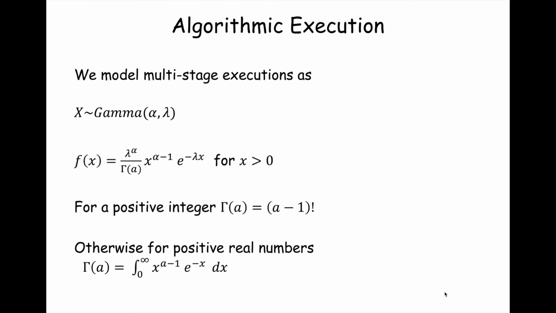Now, in this particular example, the assumption here is that x is going to be greater than 0, because you're not going to talk about 0 time. You're going to have actual non-zero values of time. And what it's measuring is the probability of x, the time, is what the time is going to take to execute this multi-stage execution given a rate lambda and alpha many stages.